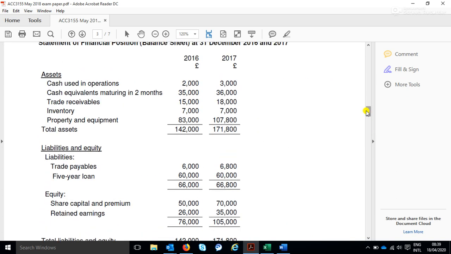Now, when you're using the direct method, all you're trying to figure out is how much cash was collected and how much cash was paid from operations. And the difference will give you the cash generated from operations. Now, how much cash did we collect? Well, what is the cash collecting process in your business? Think about it. It's only related to revenue